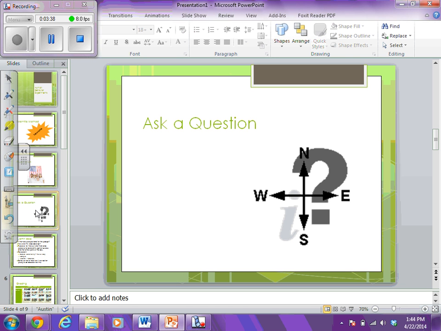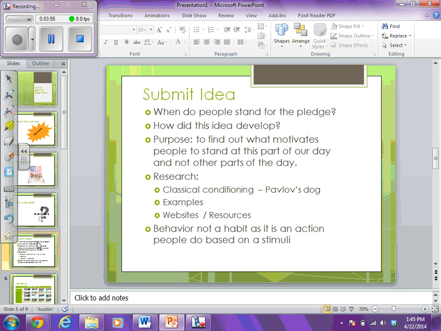But basically, by the end of the discussion, we decided we were going to pinpoint whether it is the bell that makes people stand, or is it something else? That's where we left it, and those are the questions we were going to try to answer. So, at this point, you could submit your idea. An idea is not the entire experiment. It's not the big thing at the end that you're used to. It's just an idea. So, these are some pieces of information that I would include when I submit an idea,